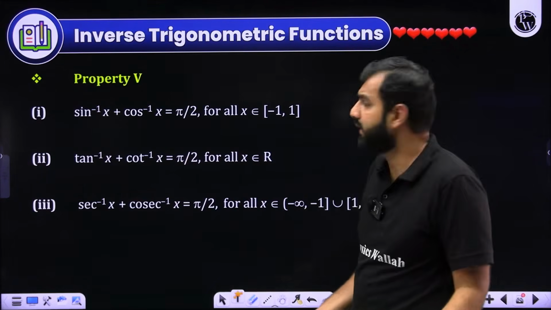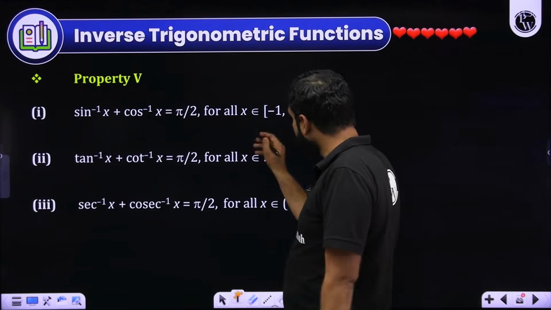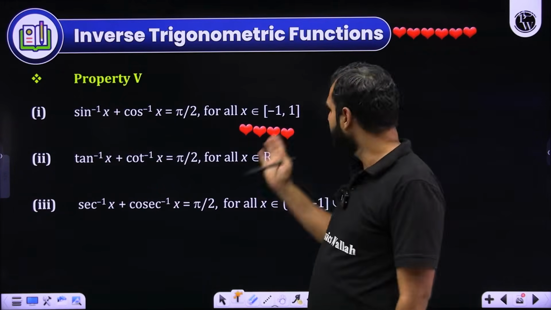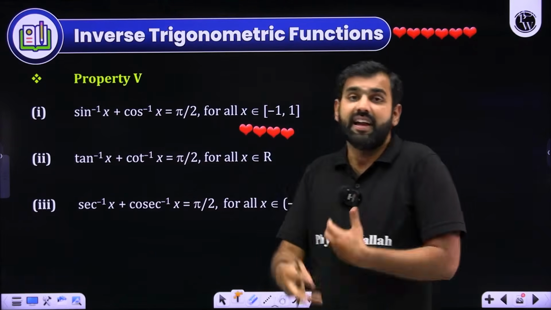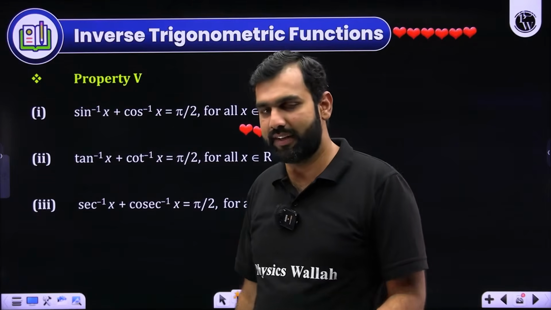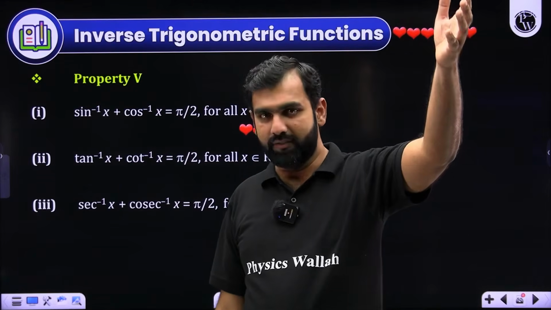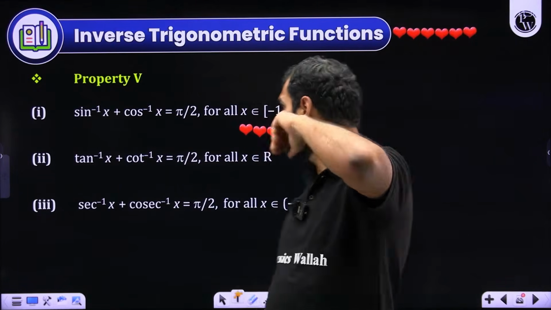I hope you're understanding that. That is the first primary condition which you should fulfill. If it does not hold true, how can you have the existence of sine inverse x and cos inverse x? Let's say if I ask you sine inverse 5, I hope you're realizing, plus cos inverse 5, then you won't